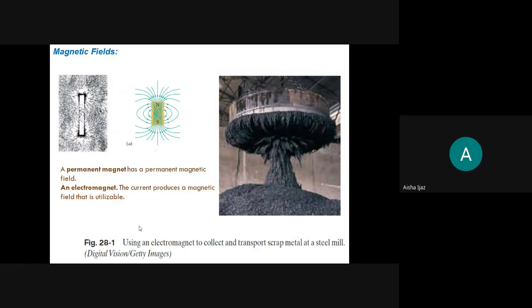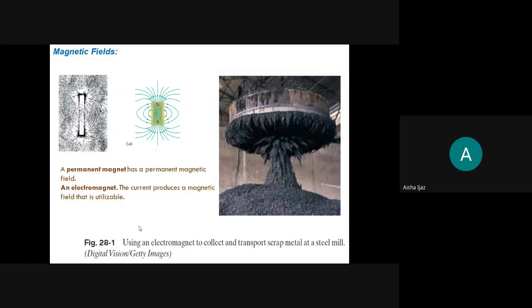If there is no monopole, it means we will have the magnet always with two poles. It's a dipole, north and south. Even if we cut the magnet into small micro pieces, you will still always have two poles. So the definition I mentioned, magnetic force per magnetic charge, is wrong for the magnetic field. So how will we be able to calculate the magnetic field?